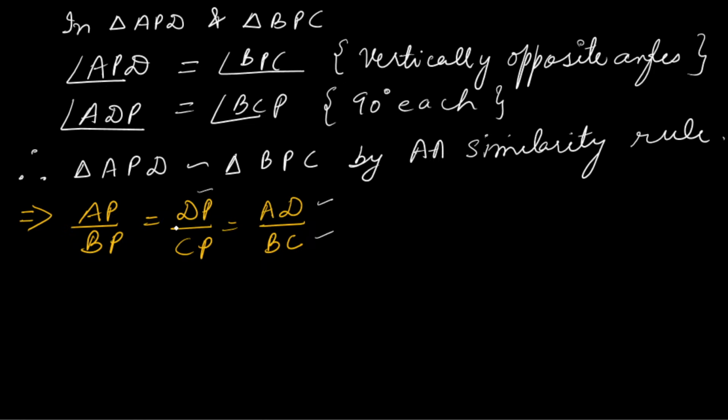So these three things we know. Let us find CP also. Let us find CP, because if we are finding CP, now here AP and BP are both unknowns. AP and BP are both unknown. So DP by BP is equals to,